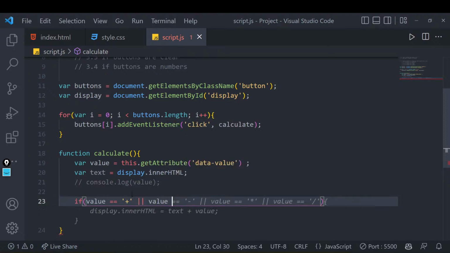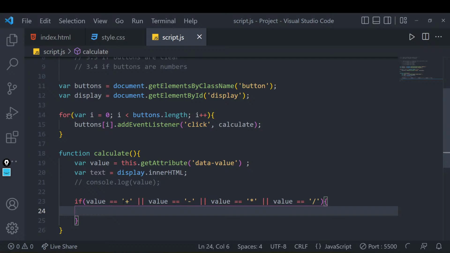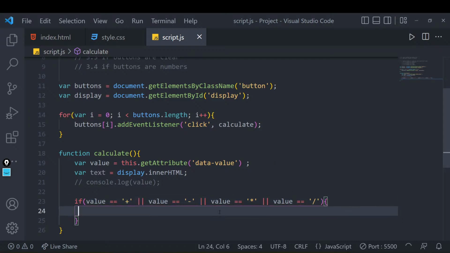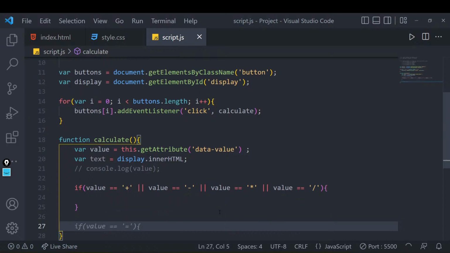Equals to, yeah, see, this is helping me out in that. I'll not take this suggestion, but I'll only write this. What I'm doing is I'm saying if this is plus, if this is minus, if this is multiply, if this is divide, right? All these operations we want to handle in a separate category. This is an operator for us, right? I'm not writing the logic inside it, because that we will cover later. I only want to segregate these things right now for a moment.